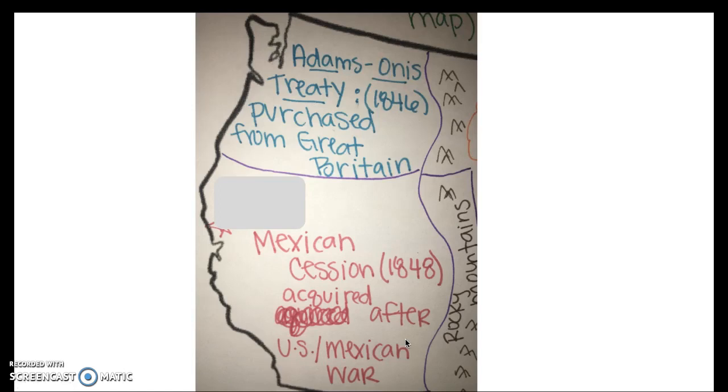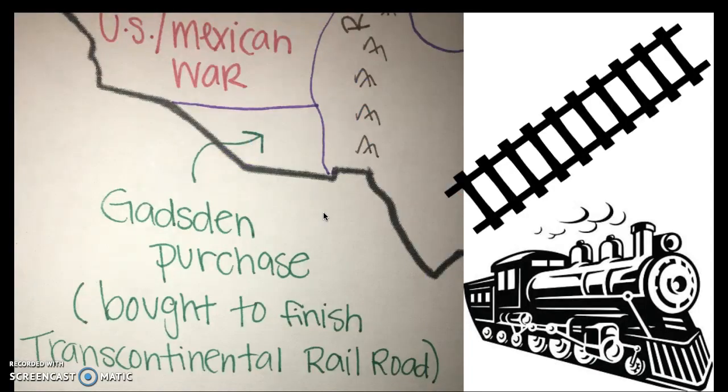So let's think about who lives in this area right here. Who came to California looking for gold? Those would be the 49ers. Remember the California Gold Rush with the 49ers? Let's make sure we add that in. And then lastly, we have this little sliver down here called the Gadsden Purchase. So we bought this land in order to finish off the Transcontinental Railroad, which is a railroad that stretched the entire